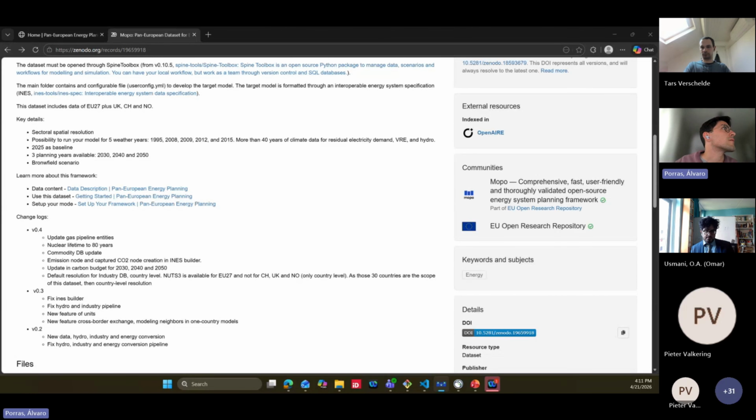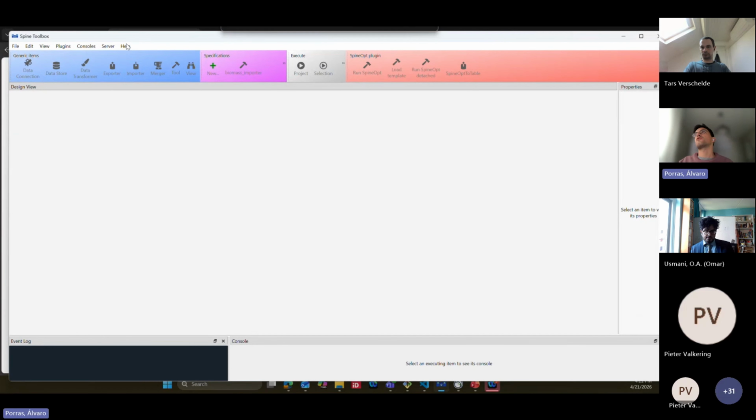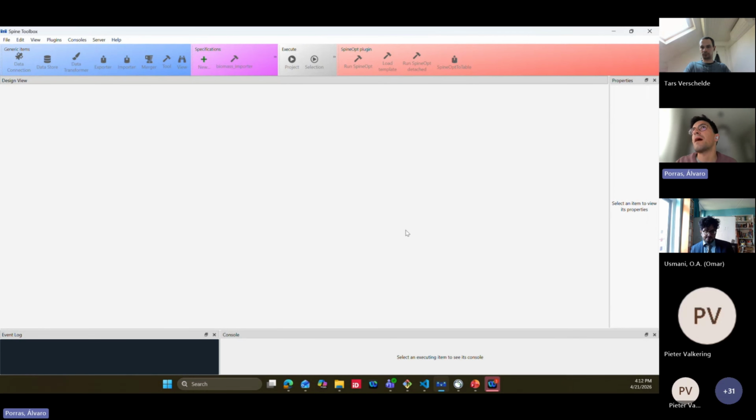To use this, let me close the project here. Once you install the Spine ecosystem, you will see this. This is the Spine Toolbox. It's a graphical user interface where you can drag and drop items to create a data workflow for different purposes.